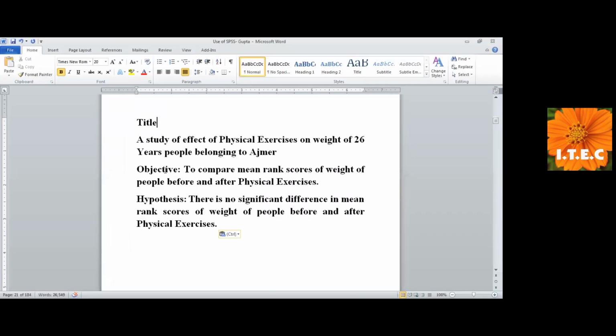Here we are not able to compare the mean ranks. We only like to compare the change in the weight, not mean rank, to compare